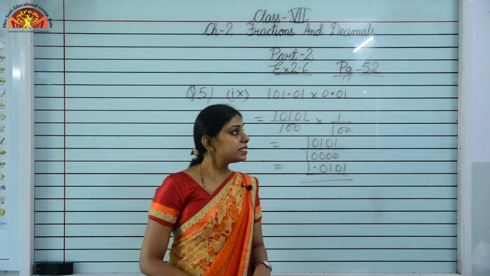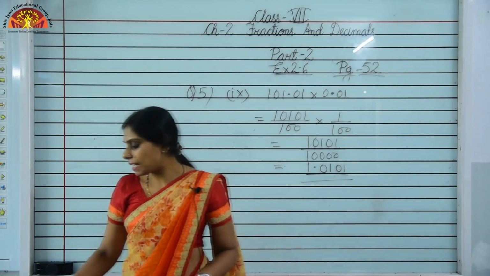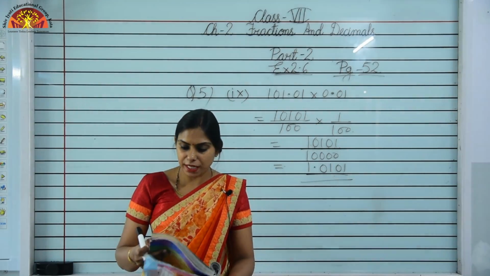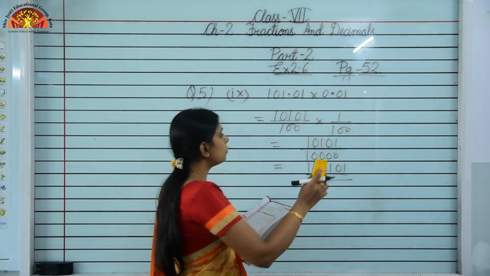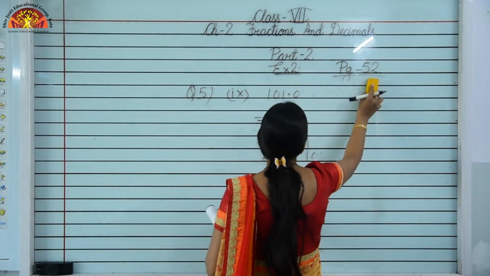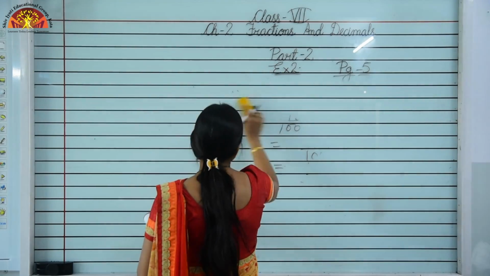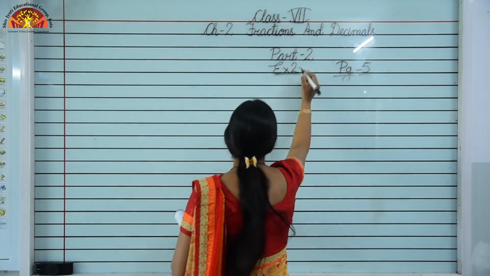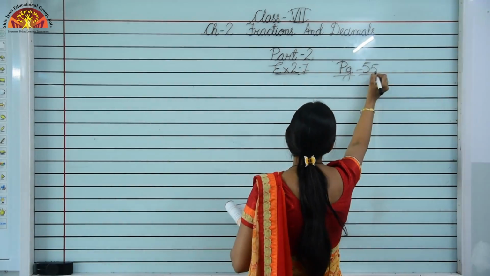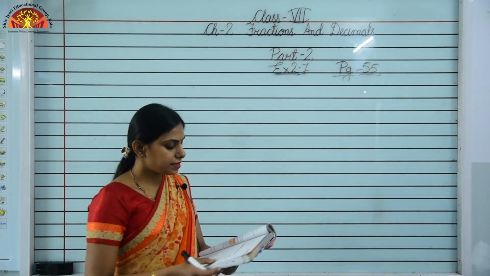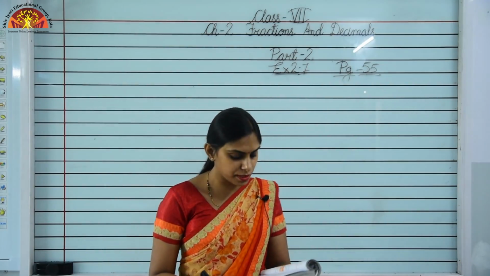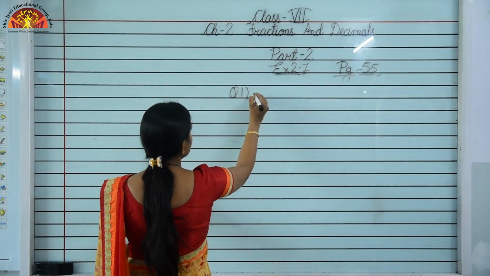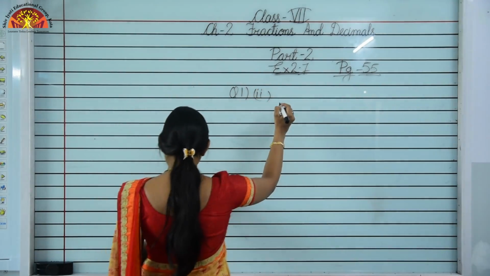Now just see over here children, we will just move to the last exercise of this chapter, that is exercise 2.7. Just take out page number 55, okay? Page number 55. Now children, in this exercise we will just do the division of decimal numbers, okay? So just see question number first, second part, okay? It is